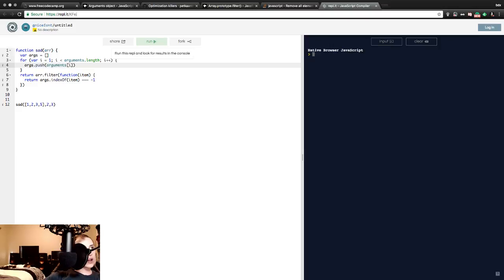So from that point, we're returning arguments.filter, and then we're functioning out item, or any variable, value, whatever you want to call it. Item's perfect in this scenario. Return args.indexOf(item), as long as it doesn't equal